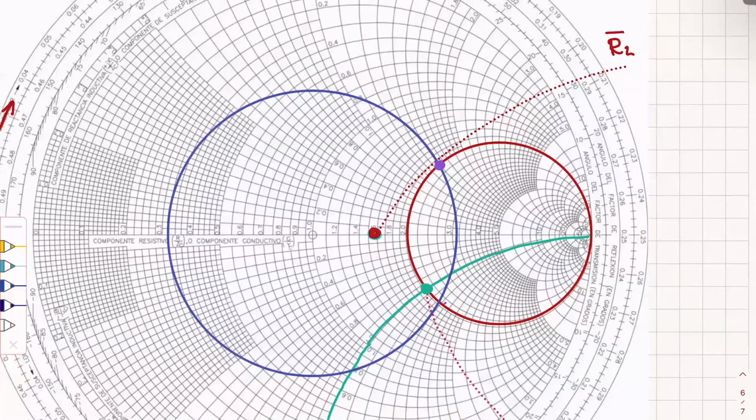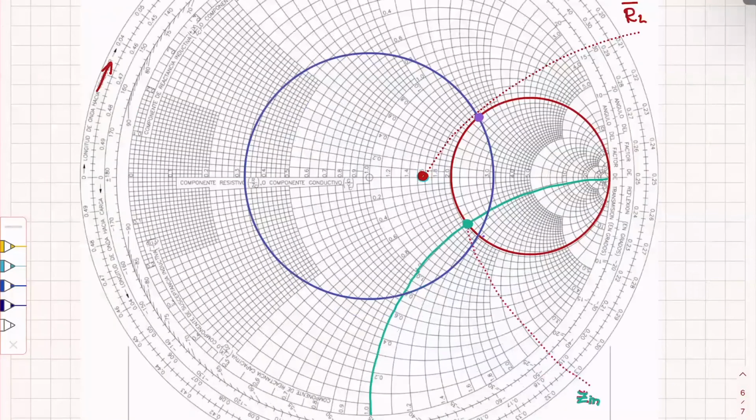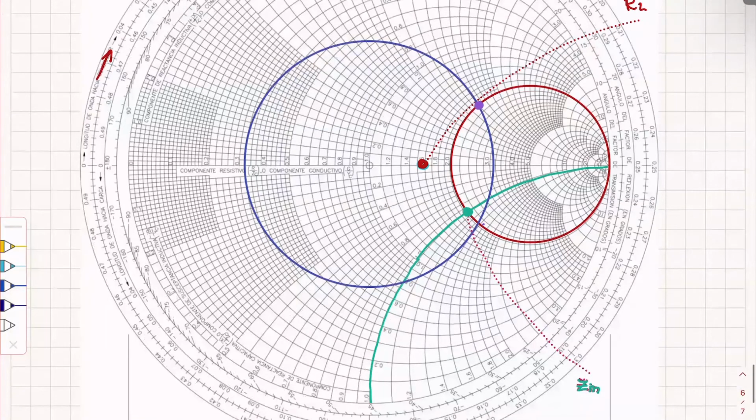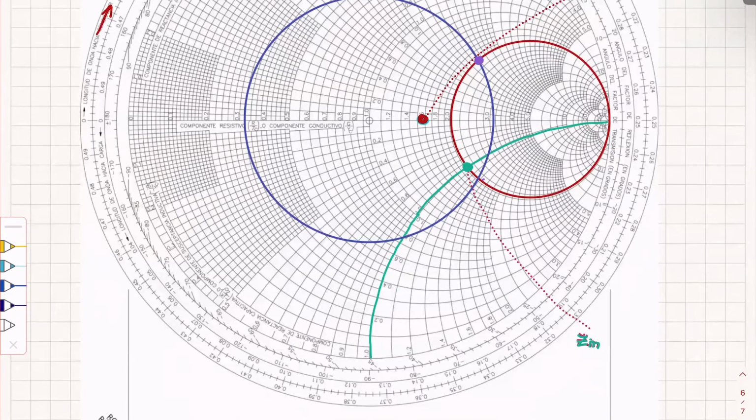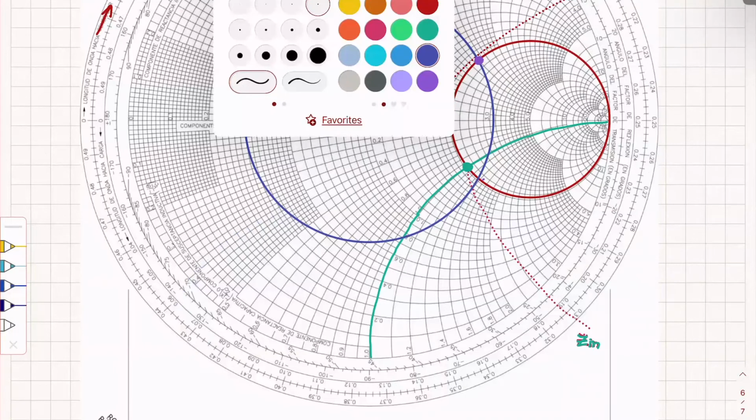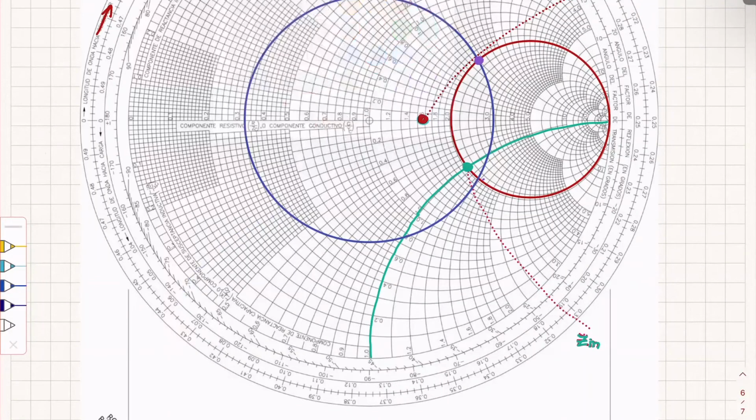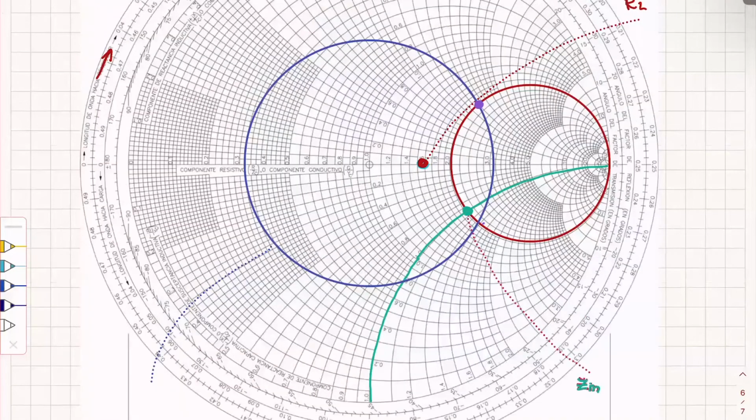So what that tells me is that I have to normalize R sub L in a way that the circle that represents the transmission line is bigger and intersects with the red one. The way that can happen is if I select this circle, the big one, let's assume that I like this circle here. I selected it. As I said, there are infinitely many possibilities in design for the problem that I have given. So to go into this, that implies that this point, the red one, has to change its position,